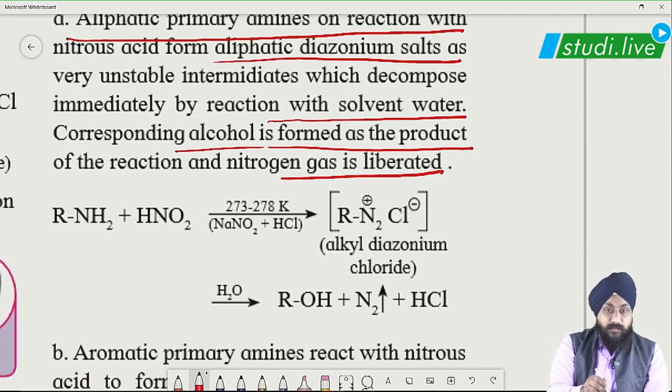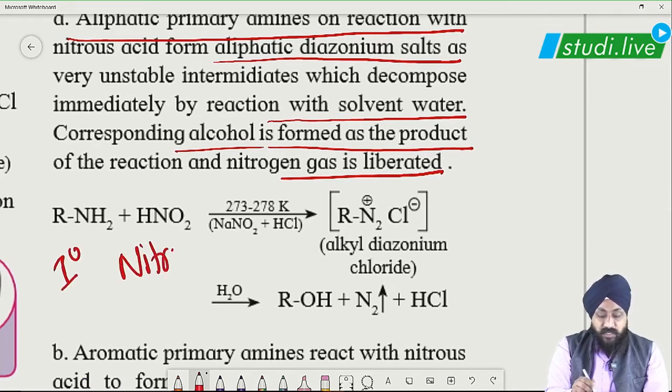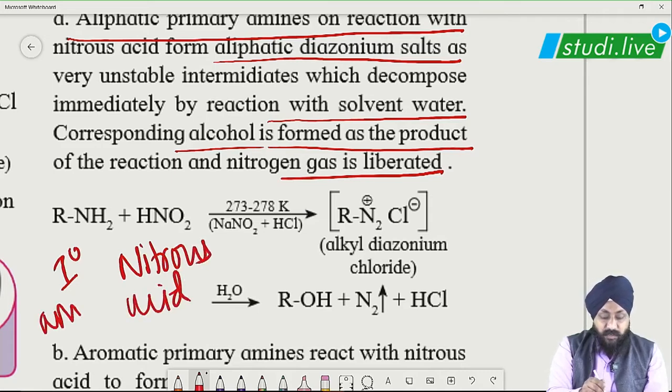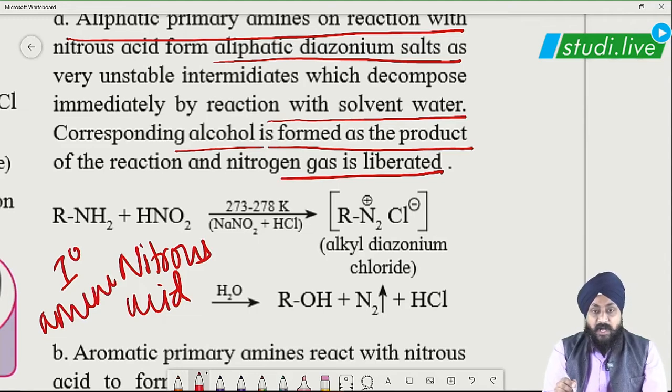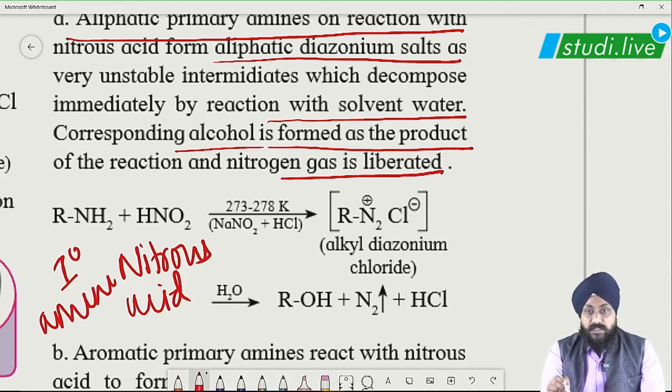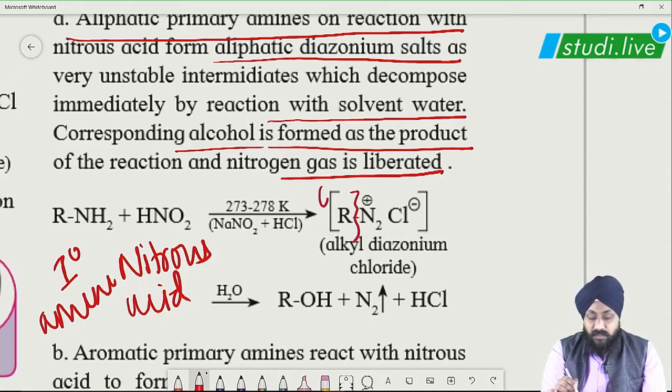See, this is your primary amine. You are reacting it with nitrous acid. Okay, you are reacting it with what? You are reacting it with nitrous acid, primary amine. So what you are getting? You are getting RN2+ and Cl-. Then you treat this one with water. See students, when you treat it with water, here it is going to be OH and here it is going to be your H. So you will get alcohol along with nitrogen gas,